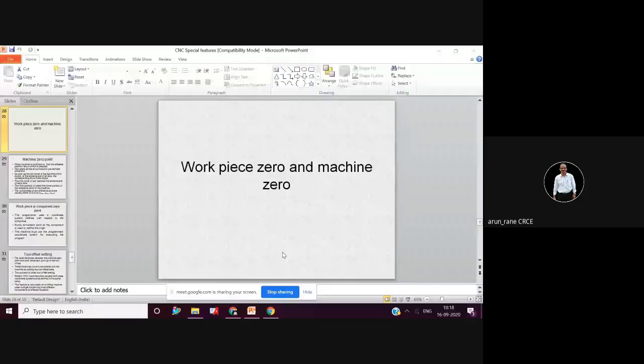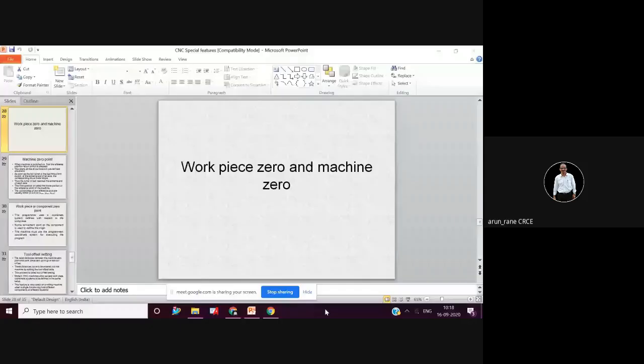Then now we have to consider the diameter of the edge finder. Generally, the diameter of the edge finder is 10 mm. So let us take the edge finder is here. So your spindle center line is here. So you have to consider this reading, the spindle reading, plus you have to add half of the diameter. The same thing you have to do here also. You have to touch here, and again you have to subtract half of the diameter. Now you get these two readings, and then you have to find the center of that, that is the average of both the readings. So that is your workpiece zero in the x direction. The same you have to repeat for the y.